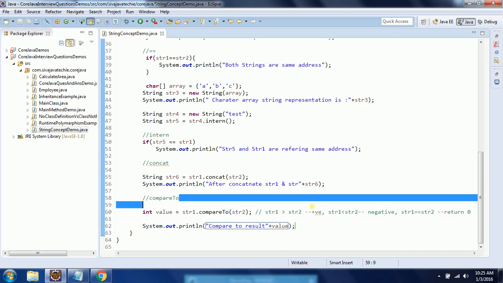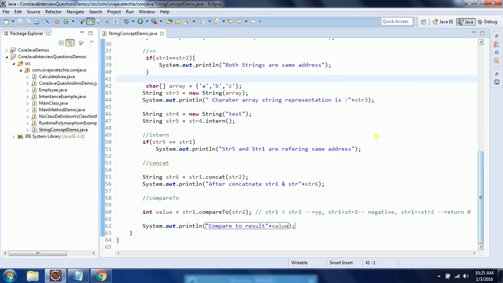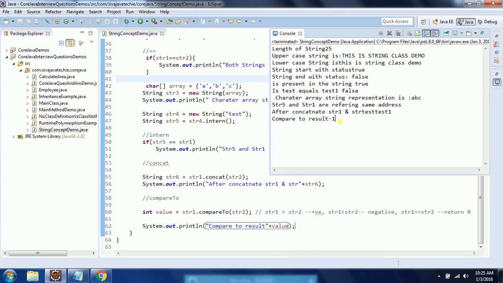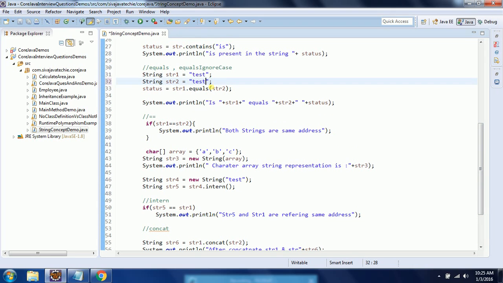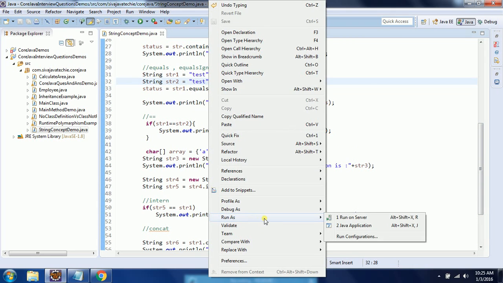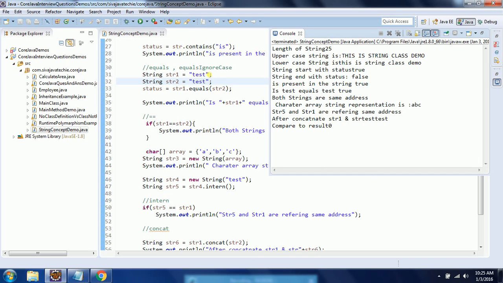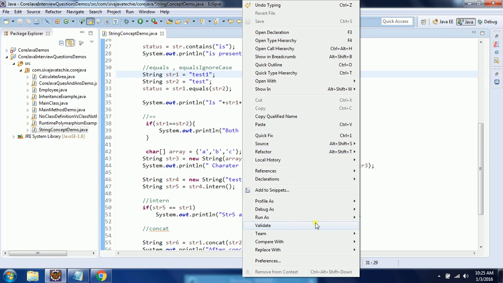As str1 and str2 are not the same at this point of time, str1 is test and str2 is test1. So now run this program and you can see the output as -1. That means str1 is less than str2. Now if I give both values the same, it is going to return 0. And if str1 is test1 and str2 is test, in this case it is going to give